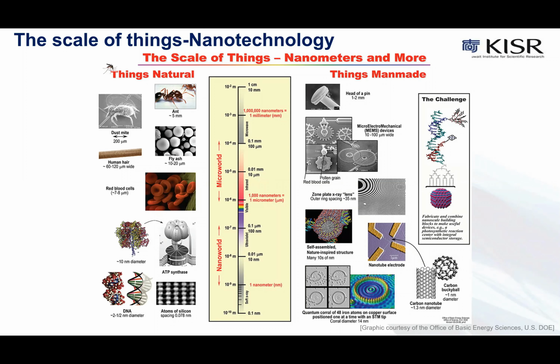If we take a minute to study the objects on this chart, we would consider the macro scale, which is very obvious to the naked eye, and the micro scale, which is in the range of 100 micrometers to 100 nanometers, and definitely the nanoscale, which we can see at the bottom on the scale bar here, in the range of 100 nanometers to 1 nanometer.